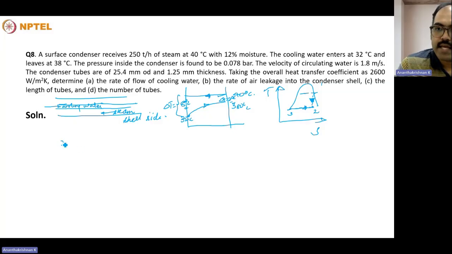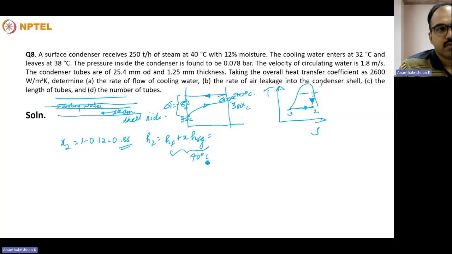So in this case, x2 will be equal to 1 minus 0.12. That will be 0.88, the dryness fraction at the inlet. H2 will be equal to hf plus x into hfg. So the temperature inside the condenser, the pressure is given as the steam temperature is given as 40 degrees Celsius, right? So within the condenser, we have to find the hf and hfg from the steam table corresponding to 40 degrees Celsius. We'll be getting it as